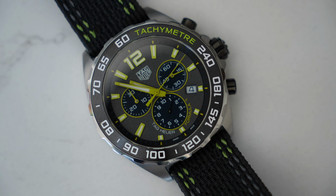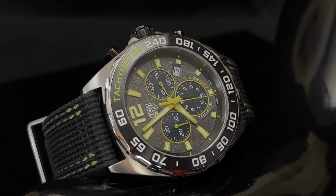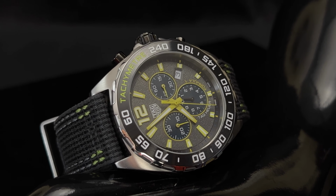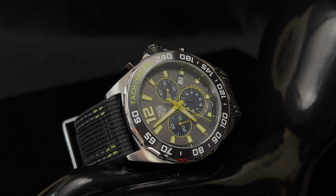And I gotta be honest with you, I've never really been an F1 fan, but I love watches, I love racing, I love cars. So it all just makes sense. What better time than to review some of the Formula One design? And when it comes to TAG Heuer and Formula One design watches, wow, this one specifically being a chronograph, oh,